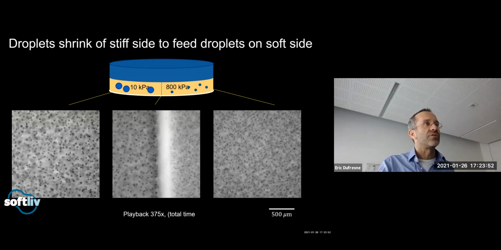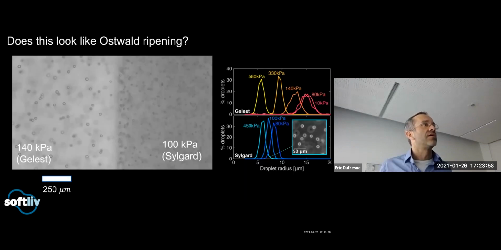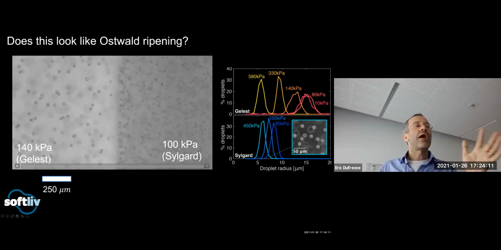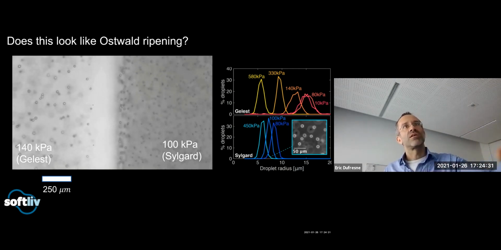And the way I'll prove that to you is I'm going to reverse the stiffness gradient. So what I have here is a system that's 140 kilopascal with one type of PDMS and big droplets, and I have a softer PDMS made from a different company that produces monodispersed droplets that tend to be a little smaller. If it was classical Ostwald ripening, the droplets on the right would shrink to feed the droplets on the left. But here you can see on the left, these big droplets shrink and feed the growth of the smaller